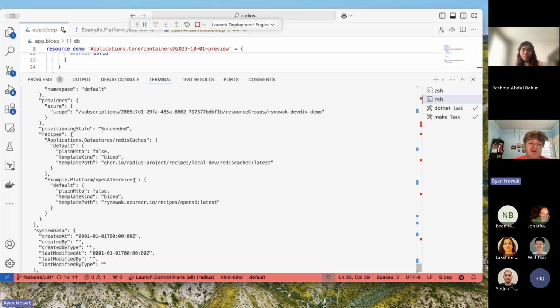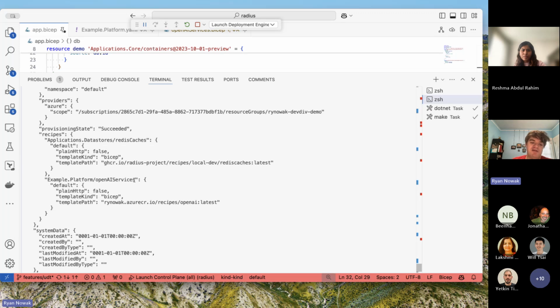And this is a use case that we see a lot, which is I want to glue together a bunch of existing services under a common abstraction. And that's what we're doing here. So in order to expose the OpenAI service to our developers, we're going to glue together a bunch of existing tech.